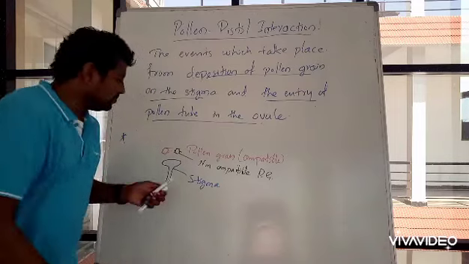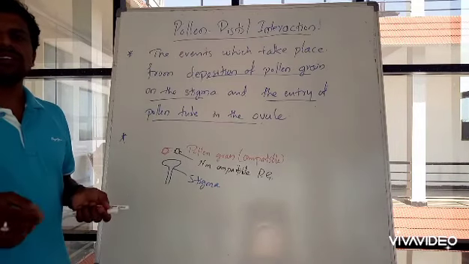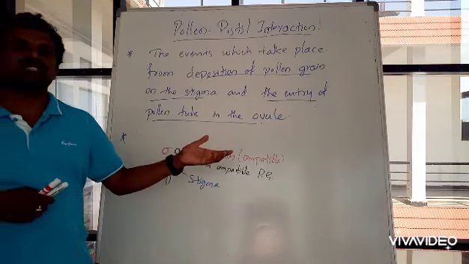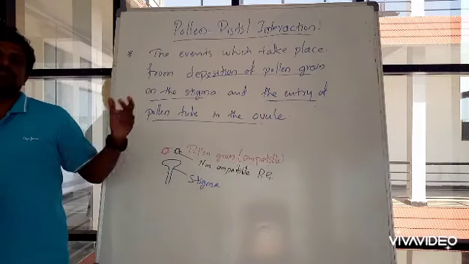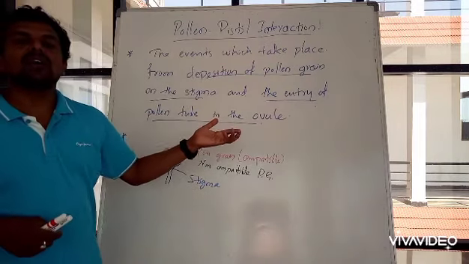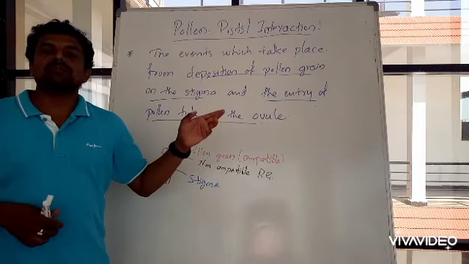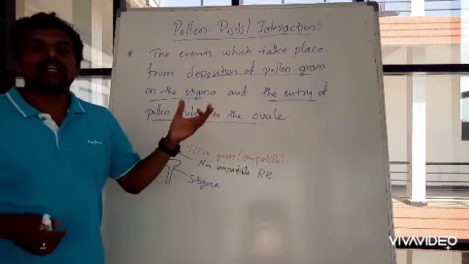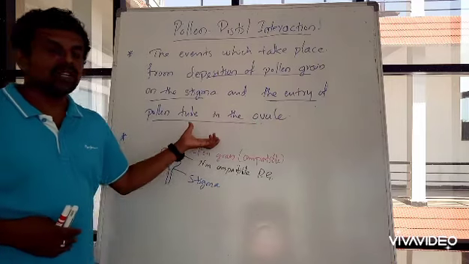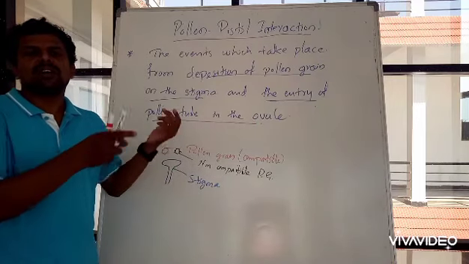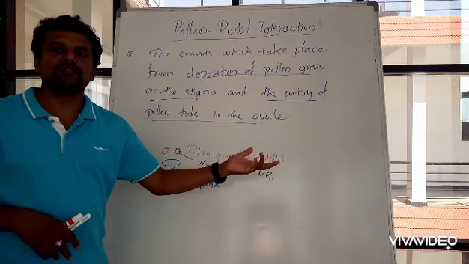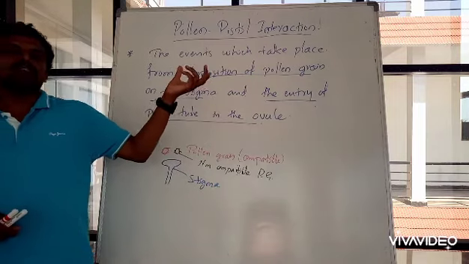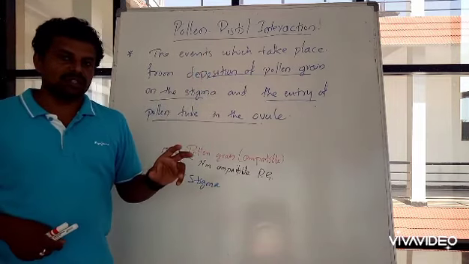First I will tell you what a compatible pollen grain is and what a non-compatible pollen grain is. Say the flower is undergoing pollination. As you know, pollination takes place with a variety of agents, biotic as well as abiotic. Abiotic agents mean wind or water, and biotic agents mean insects or any kind of animal which is bringing a pollen grain from the anther of one flower to the stigma of the other flower. It may be either case, self-pollination as well as cross-pollination. In both cases, the pollen grain comes from the anther to the stigma portion, right?